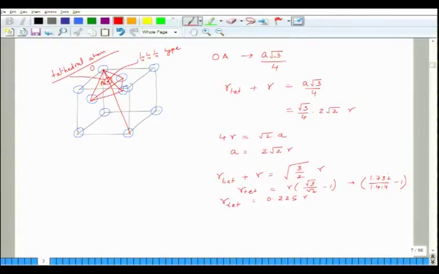So, you can see that this will be 0.225 R, okay. So, this is the maximum size of atom that can fit in a tetrahedral void without distorting the tetrahedral void,